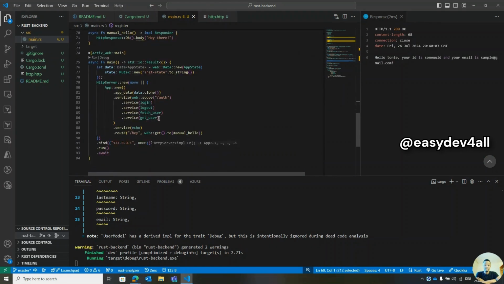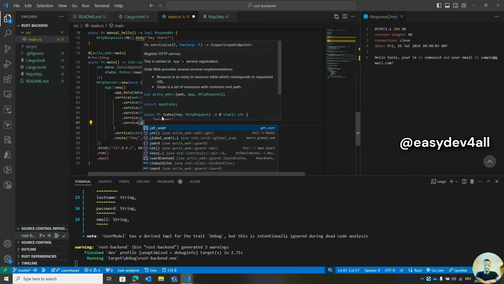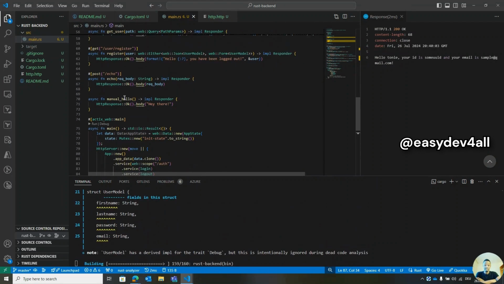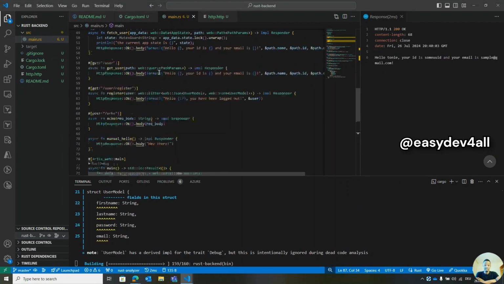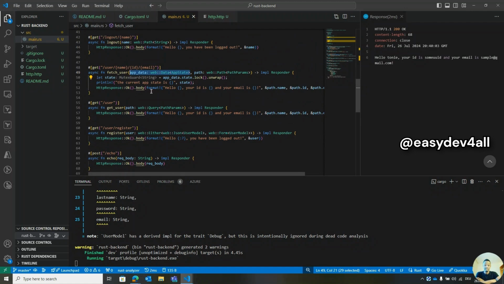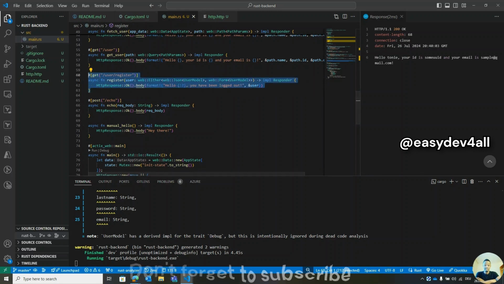Pretty straightforward. Again, I can come down here and add the service. This would be register, like this. And again, if we want, we can also pass our app state if we need. Of course, in this case, if for example this app state contains our database connection string, then it makes sense to pass it over here, and then we can simply put it here. That's also fine. We'll have access to it within this endpoint. As straightforward as that. So you can see it's really straightforward and easy, in my opinion, to get started